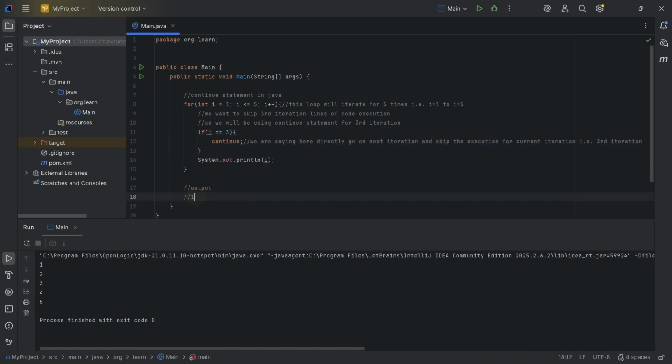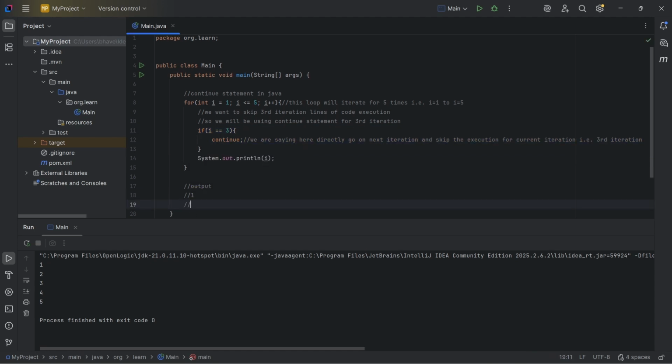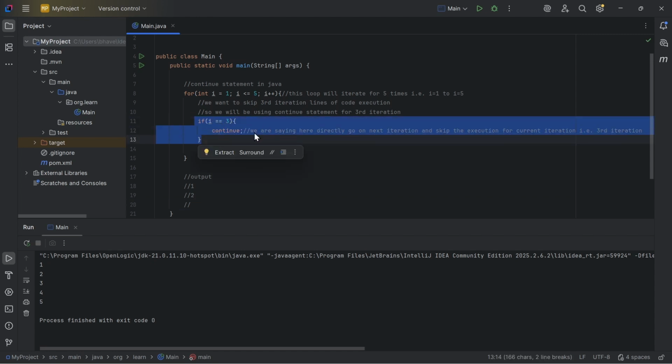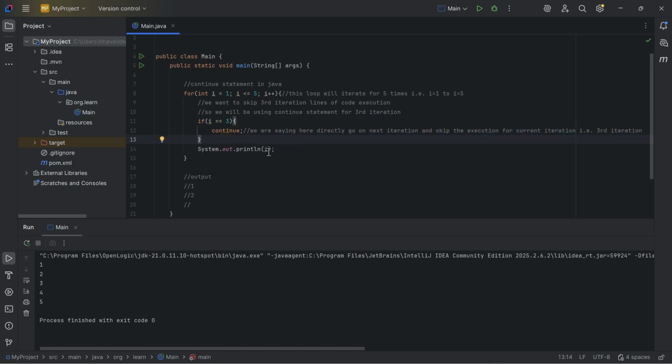So it will print 1. Then again on the next iteration, that is the second, it will print 2. And on the third iteration, it will execute this block and it will say, hey, skip the remaining lines of code and directly go to the next iteration. So it will not print 3, the current iteration value, and from the continue statement, it will directly go to the next iteration,